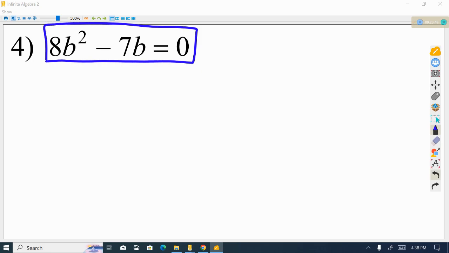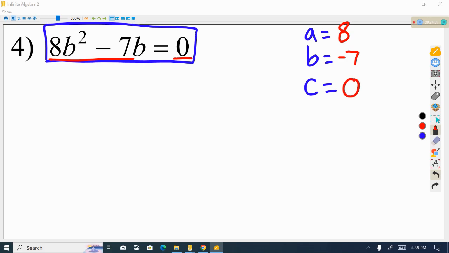Let's just do this one calculation, and then you should be able to build up at least the intuition to tell me what's going to happen to it, right? So because we have a quadratic expression equal to 0, we can use the discriminant to find this out. So A would be 8, B would be -7, and in this case C would be 0, because again, look, we have a quadratic term, we have a linear term, and no constant term. So let's do b squared minus 4ac, change in all our blank parentheses,